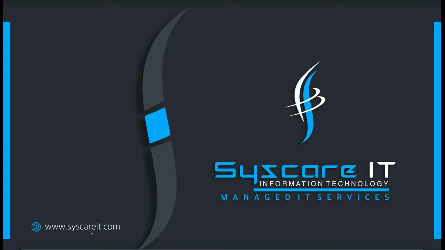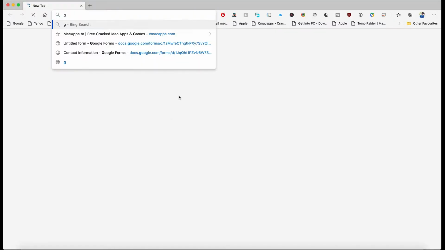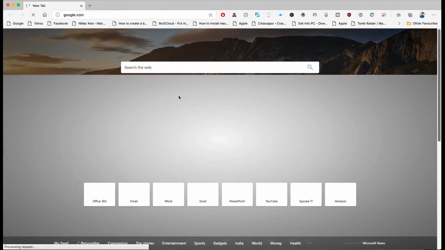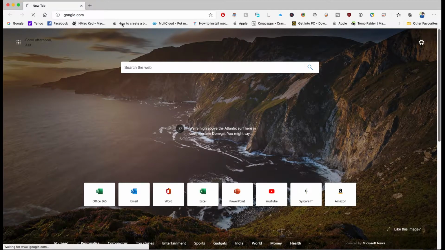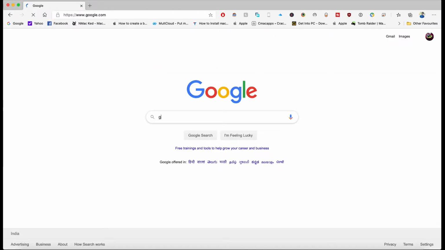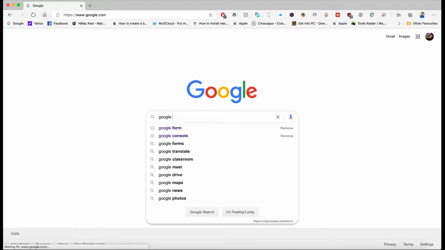Okay guys, so first you have to open your browser. In the browser you have to go to google.com. Okay, in google.com you have to type Google Form. And one thing, remember, you need a Gmail ID to sign in to Google Form. So those who have a Google ID can use it. Otherwise you can sign up with Google for a new email ID, and from that you can log into Google